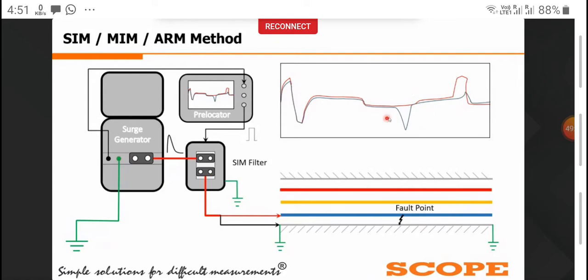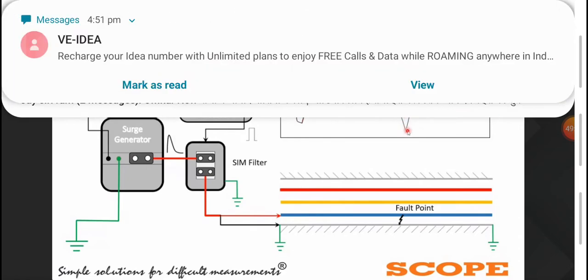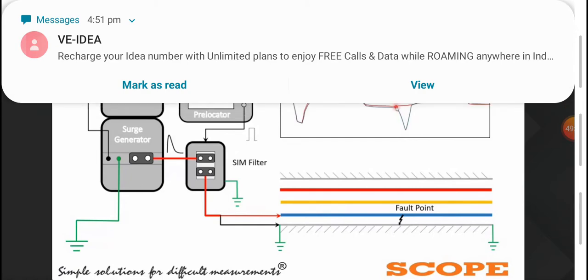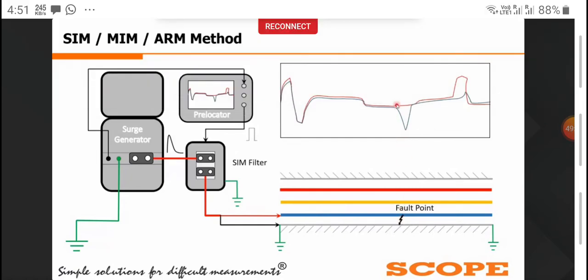And in the second graph, shown in blue, we can see that at the fault point the high resistance fault is detected as a low resistance or short circuit fault by using the TDR method. The main advantage of this secondary impulse method is that we are using a combination of TDR and the high voltage method, so the accuracy of this method is very high.